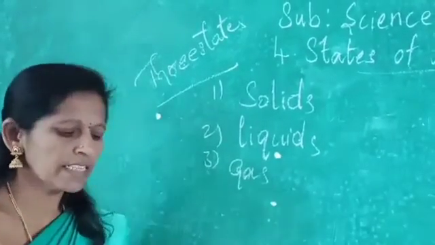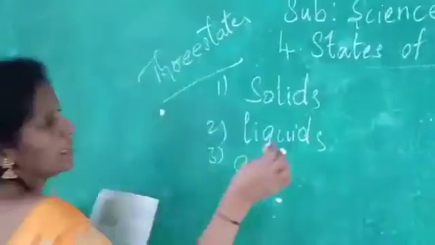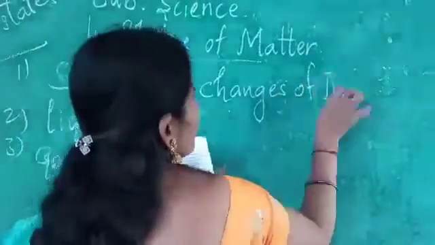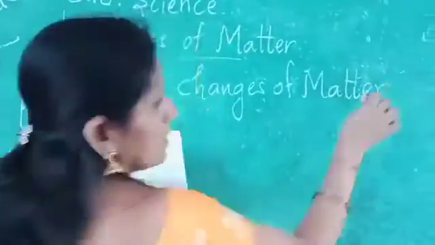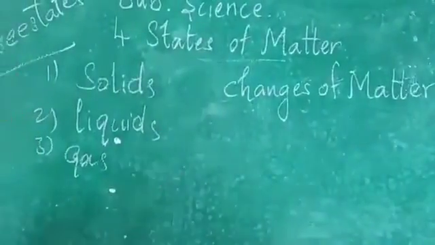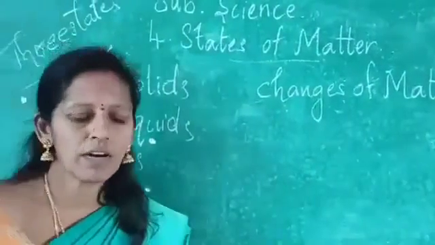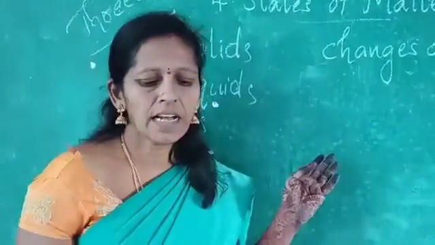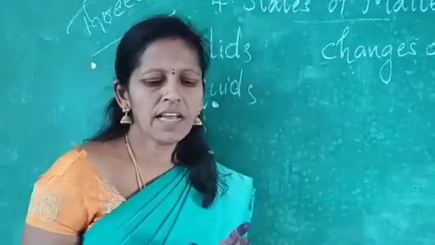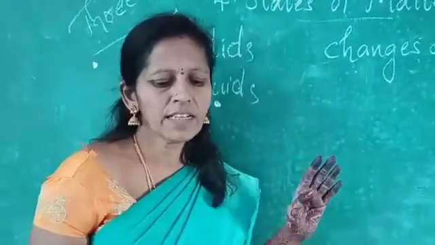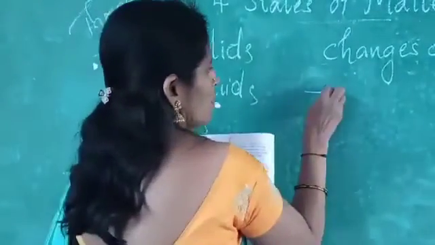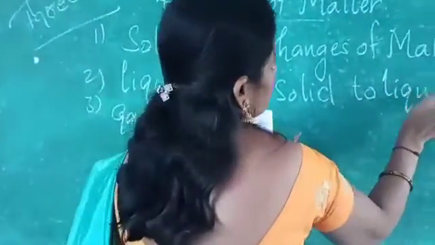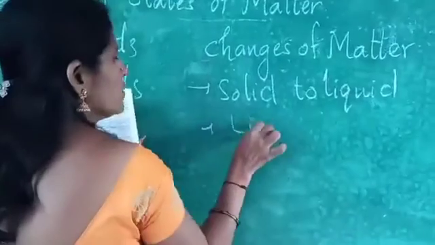And changes of matter. This also we have completed. What are the changes of the state of matter? It can change from one form to another when we heat or cool. For example, ice changes to water when it is heated. So in this we have seen 3 forms: solid to liquid, second liquid to gas,